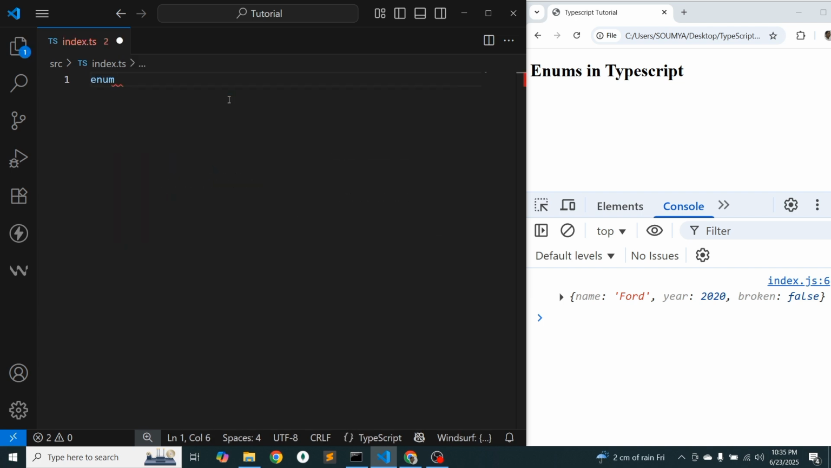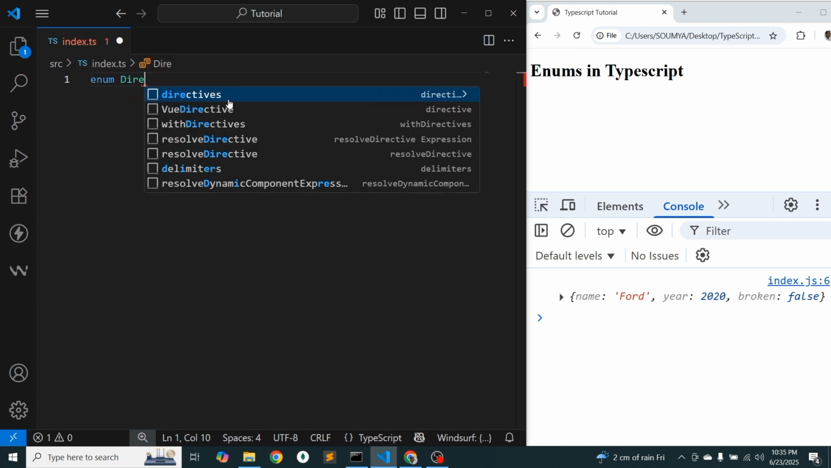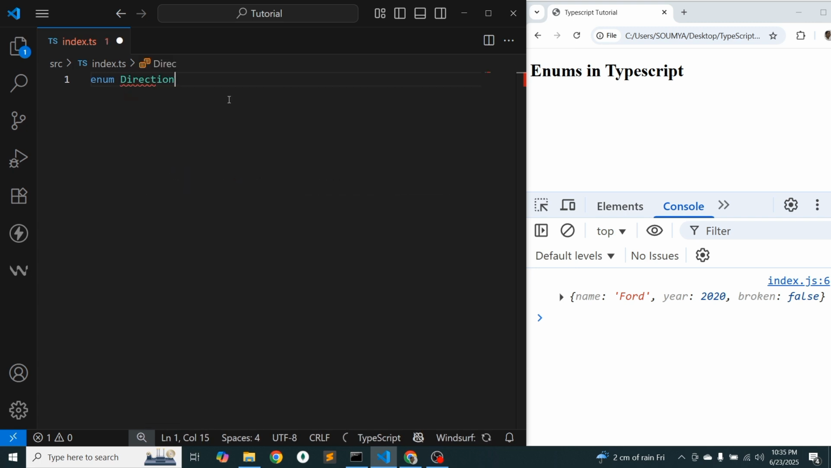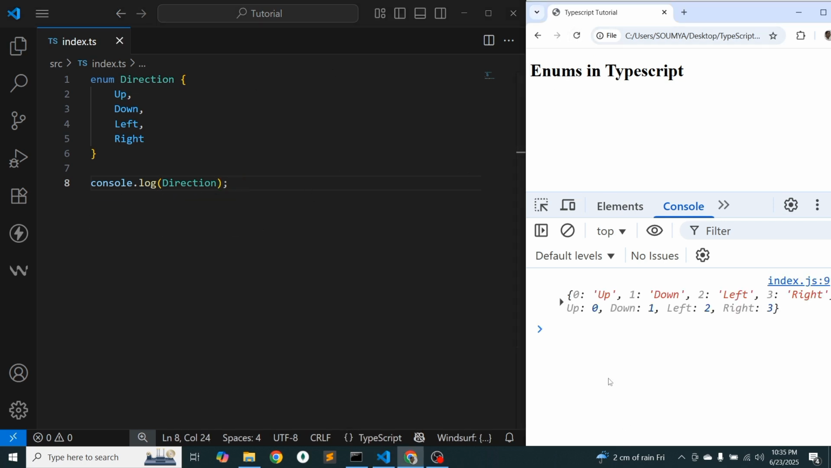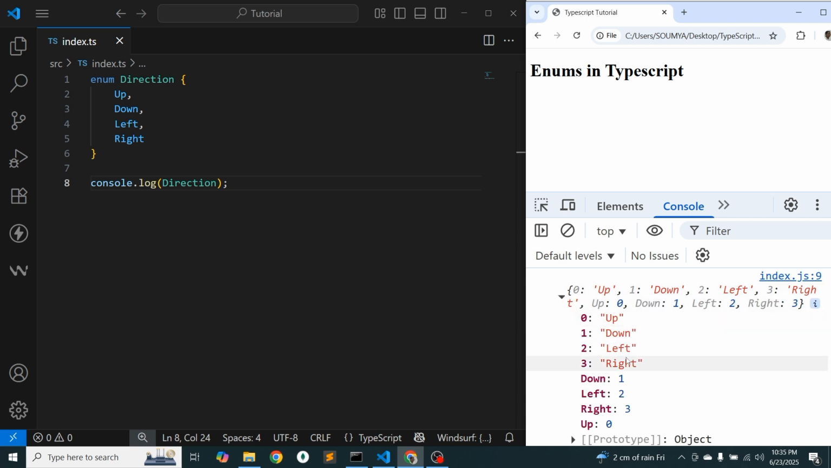Using the enum keyword, we can declare it. Suppose I am going to write Direction, and here Up, Down, Left, Right. Okay, now let's print these things and refresh. So here you can see the Up, Down, Left, Right, all we are getting, and what we actually specified in